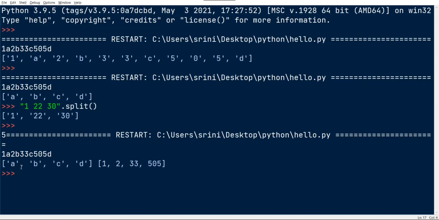It will print A, B, C, D one time at index 0, then increment the index by 1, and we get rid of A. We print BCD 2 times, CD 33 times, and D 505 times. So if I use this input, it will make a mess.